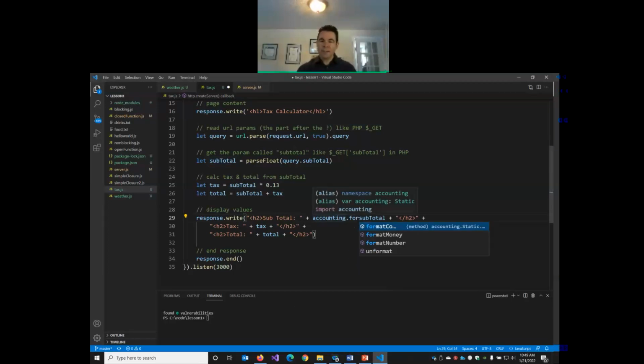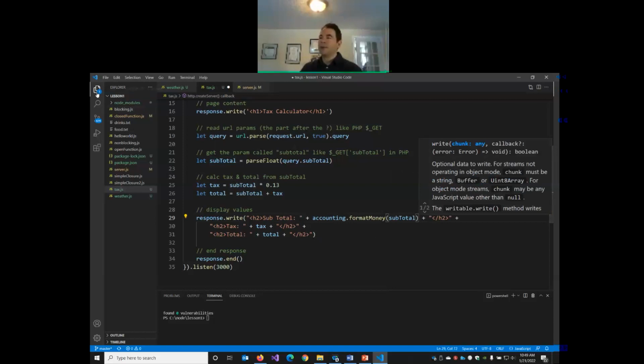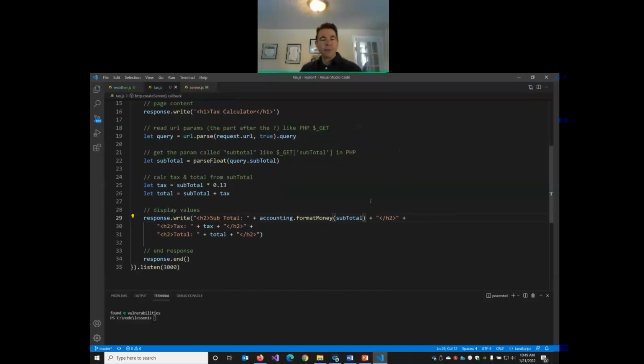Now my code editor recognizes the methods in our package. I'm going to call formatMoney. First, I'll try it just around the subtotal. We'll make sure it works, and if it does, we'll wrap the tax and the total